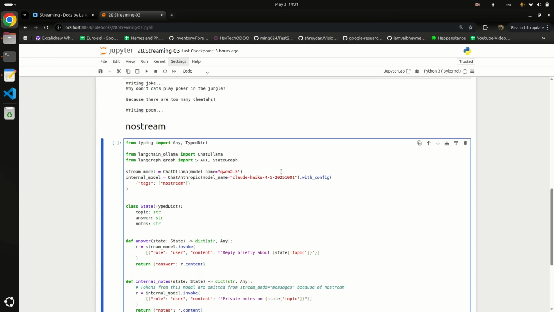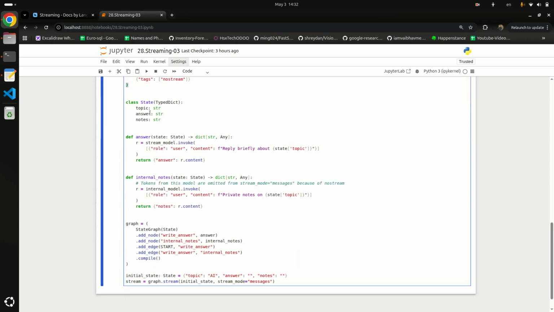And here, instead of model name, there will be model. I will simply copy this and paste it here. This with config tags will be nostream, this will remain the same. In this code we have three parameters: topic, answer and notes, and it is our first node that